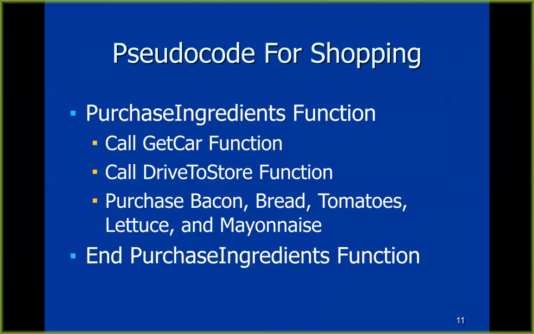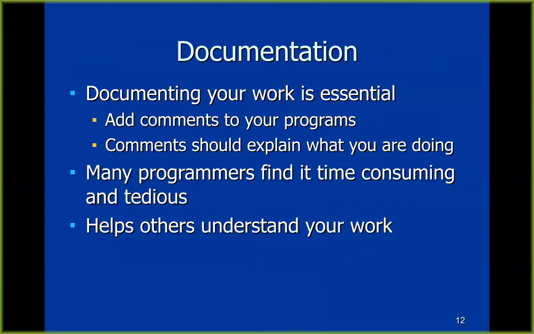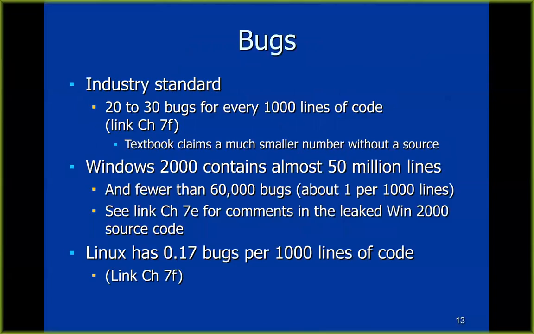And then when you write code, you write one little module that does one thing, like get the car. And then if you want to go somewhere else, you can use the same get the car routine that you wrote for some other purpose. So you have to document everything. And if you're at a professional shop, your documentation has to meet a certain format and be very thorough and be online so other developers can read and decide whether your function is going to work for their purpose or not, and exactly how to use it. This is annoying, like doing your taxes. It's not as much fun as coding, but it's essential if you want to write code that works.